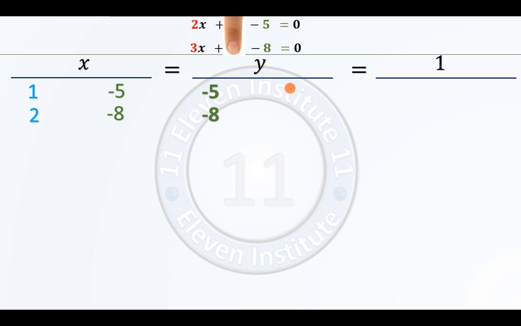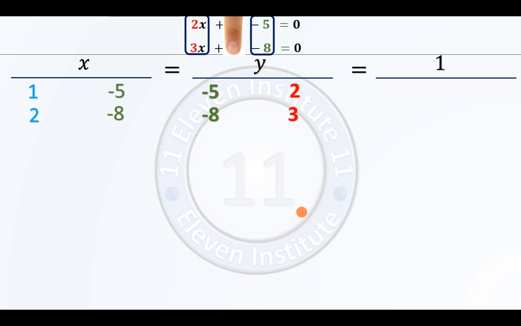Now a few of you might be having a doubt. Sir, you told we have to write as it is. Yes, that is for the first one. For the second one, you have already copied minus 5 and minus 8 over here, so they are now not available to me. This y has started dancing because of the finger, and to this y we will gift 2, 3 and minus 5, minus 8. But minus 5, minus 8 is already present over here. So we have to copy this 2 and 3 and write them over here. You can see they are copied and we will place them over here.